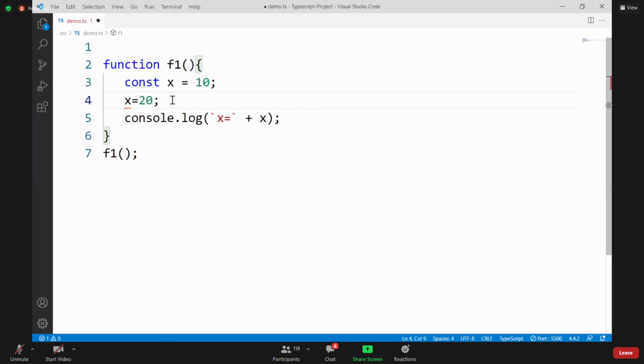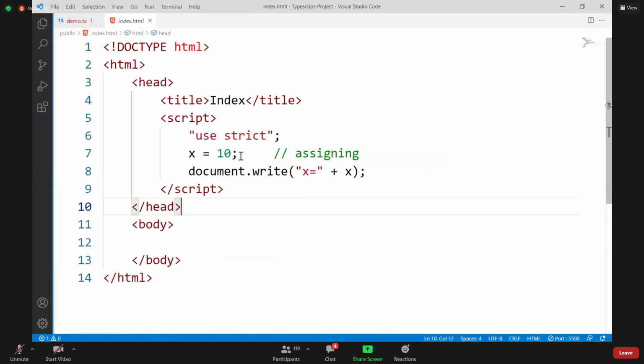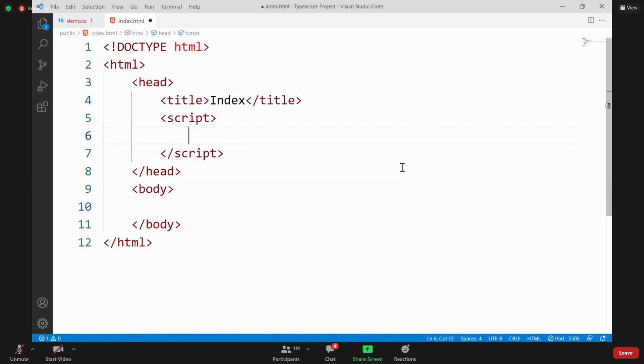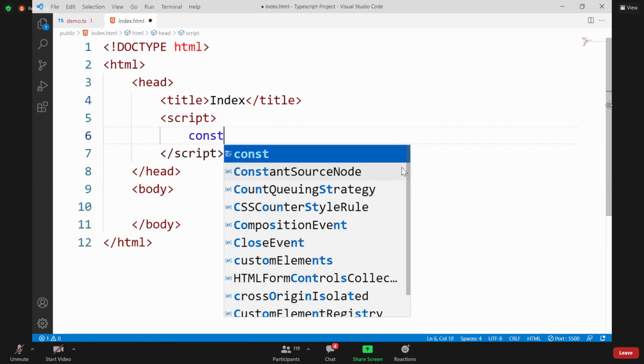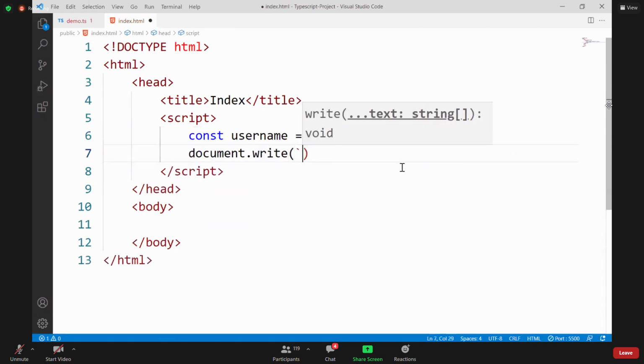So if you think that const is read only, const is not about that. Const can change. Don't think that it is read only. For example, I will go to an HTML page. In the HTML page, I am writing a simple const username is equal to prompt, enter name, document.write, hello, and that username.